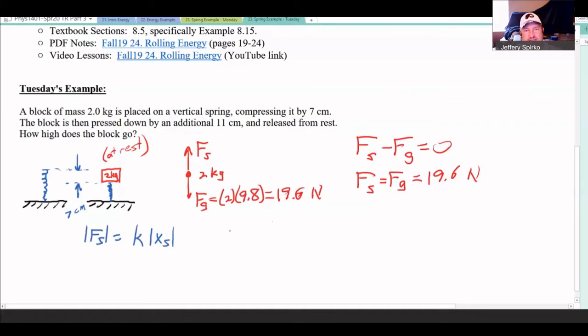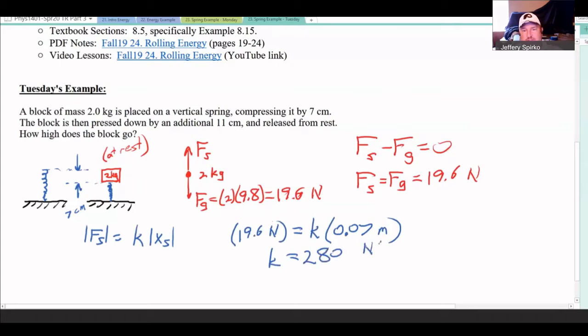So in this case, it means that 19.6 newtons, which is the spring force in this situation, is equal to some constant K times the amount of compression of the spring, which is 0.07 meters, which tells me that K for this particular spring is 280 newtons per meter. And that is called the spring constant,